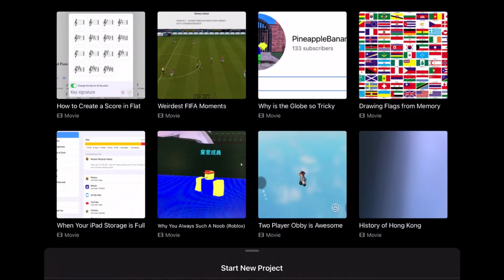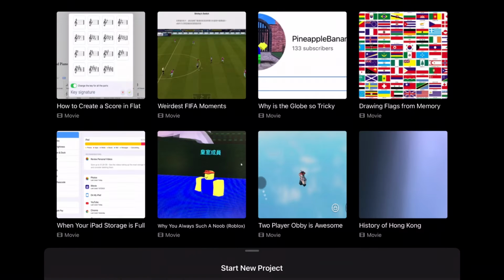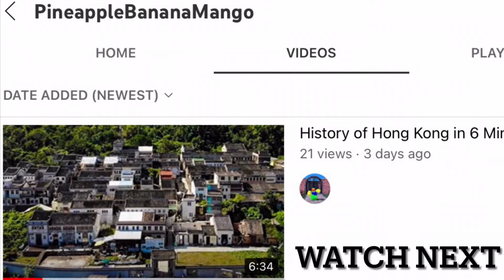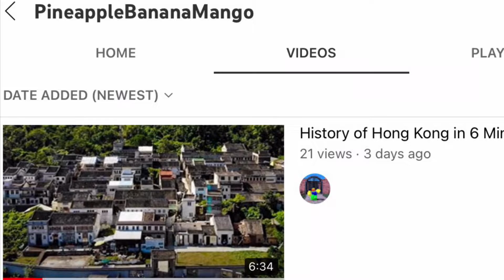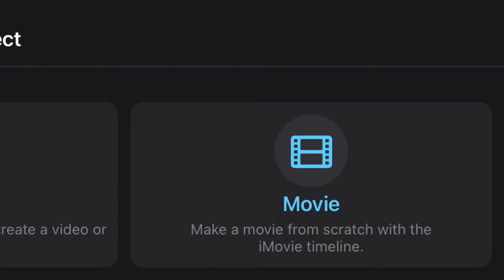Today I'll be introducing iMovie. It has a few functions to be honest, but you can use it easily and most of all, it's free. So some of my videos were edited here, not by the magic movie of course, but by using the following